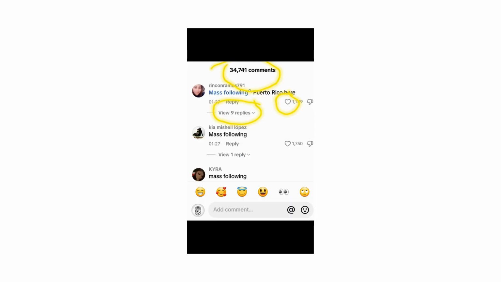Okay, so you've completed the 4 basic steps that everybody's following to help the algorithm. So now we're at the actual comment screen. Go back to the comment button and select comments. As you can see, with 34,700 plus people commenting on this one particular post, this person's getting a lot of traction. So while you're in this window, I want you to search for the comments with the most replies. Make sure that you like it with the heart button. After you hit like, I want you to open up the reply view, and I want you to like each of the replies.